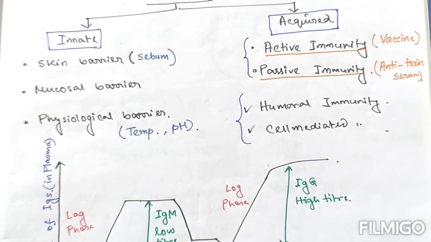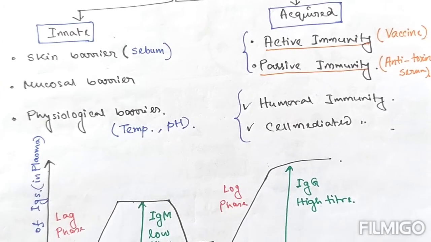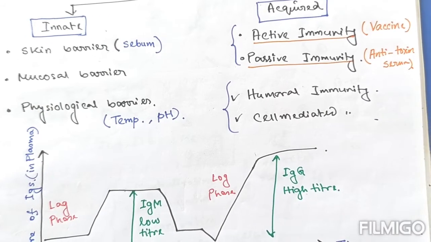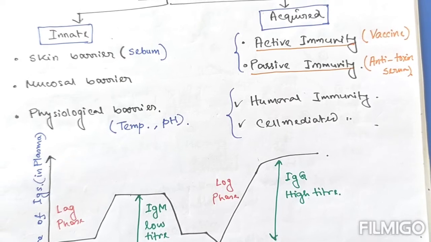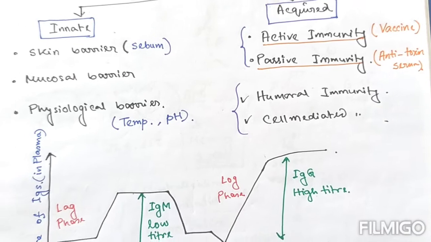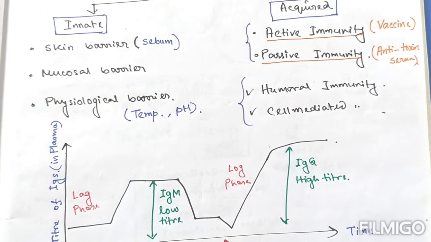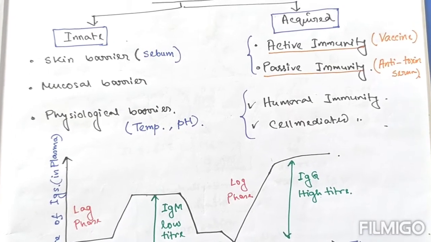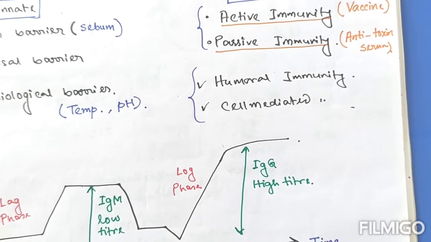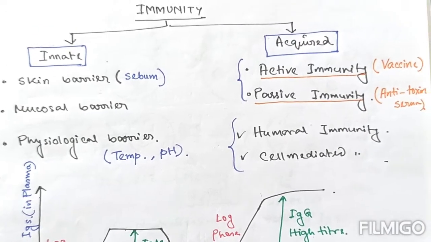And also we know that there is some normal flora in our intestine that is helpful for preventing dangerous types of microbes. Also, physiological barriers like our temperature and normal pH can prevent growth of microbes in our body. Next, the acquired immunity, that is the resistance to infection that an individual acquires during his